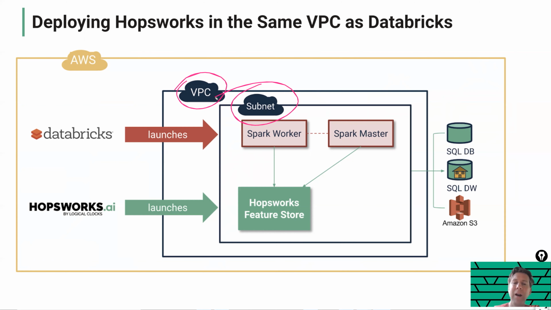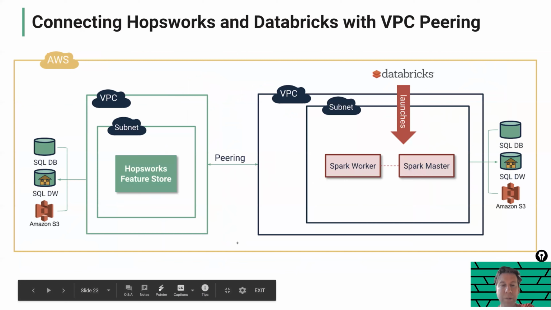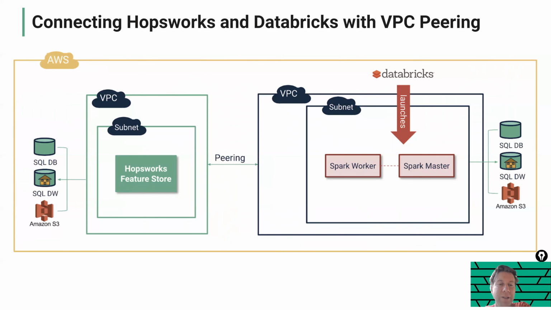This way, all we'll need to do is open some ports on the Hopsworks Feature Store, and we can do that with 2 or 3 clicks, and then Spark on Databricks can talk to our feature store. So an alternative, if that is not considered an acceptable way of deploying Hopsworks because of IT policy, would be